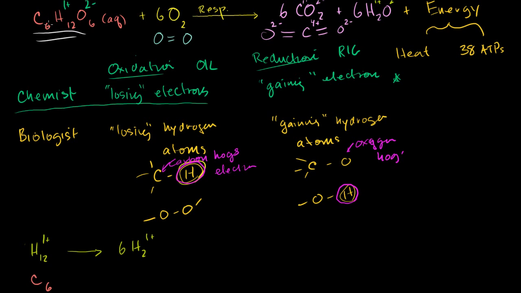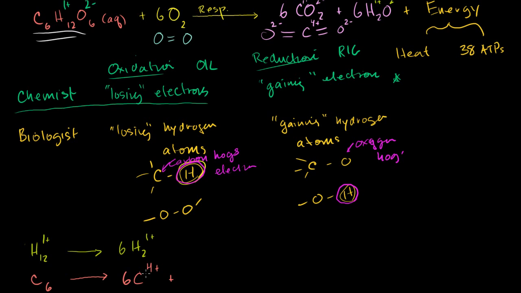Now, if we do the carbon, on the left-hand side of the equation, we have 6 carbons. They have a neutral oxidation state, but then on the right-hand side of the equation, what happens? I now have 6 carbons, written a little bit differently, and they each have a +4 oxidation state, which means that they have lost 4 electrons, or their hypothetical charge by losing those 4 electrons has gone up by 4, because they're losing negatively charged electrons. So the 6 carbons after cellular respiration end up as 6 oxidized carbons with +4 oxidation states, plus,